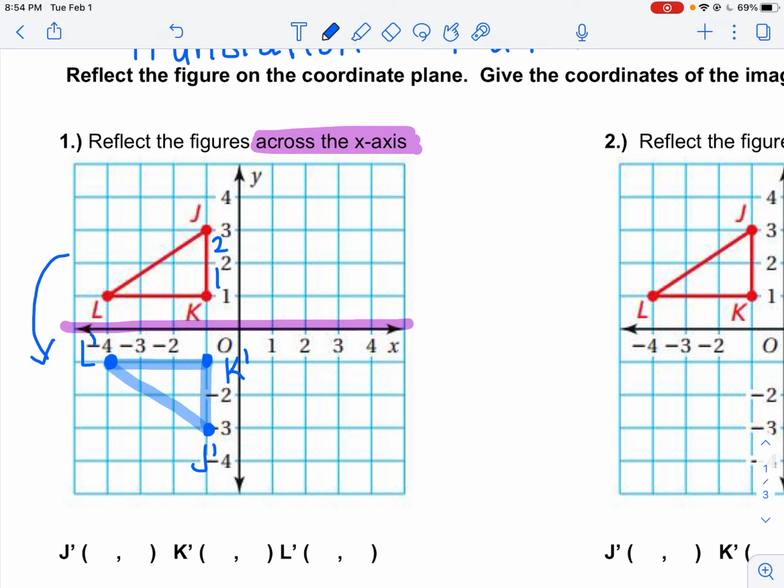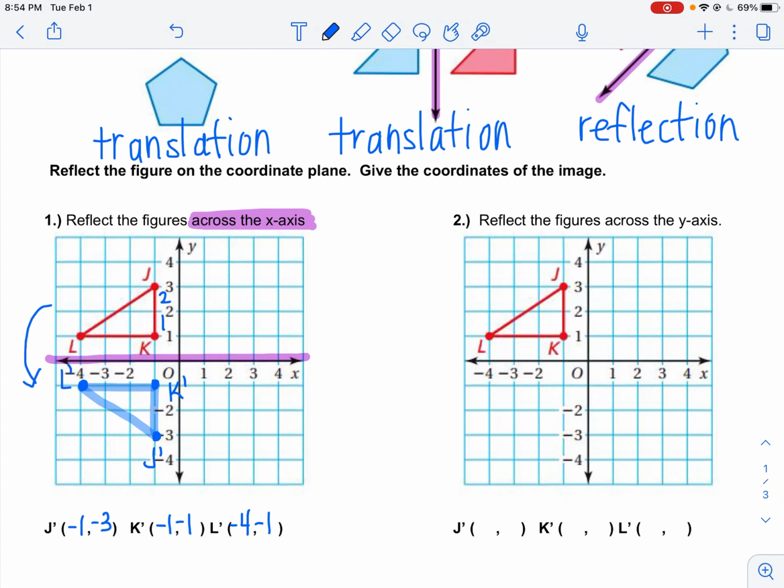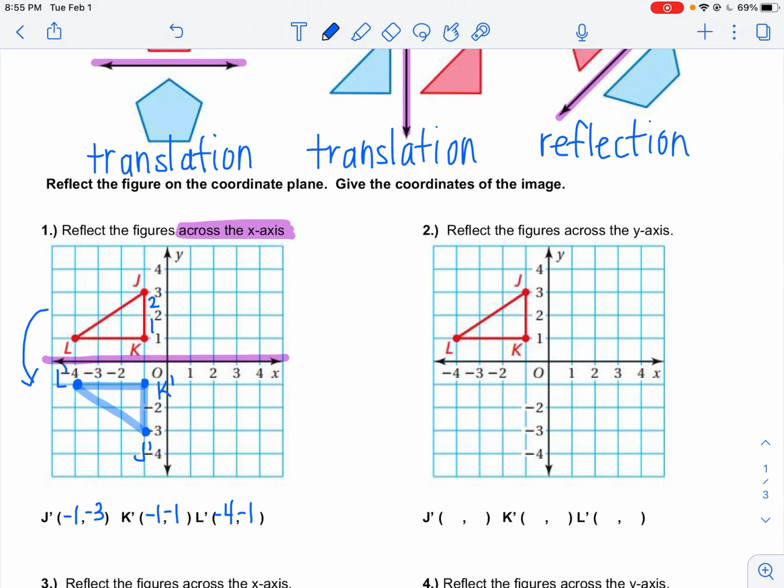And then I go down below and put in my new coordinates. So J prime is at -1, -3. K prime is at -1, -1. And L prime is at -4, -1. And now we're going to move over to the next image. You can see that JKL has not moved positions, but the directions have changed and they'd like you to reflect across the y-axis. So let's highlight our y-axis,